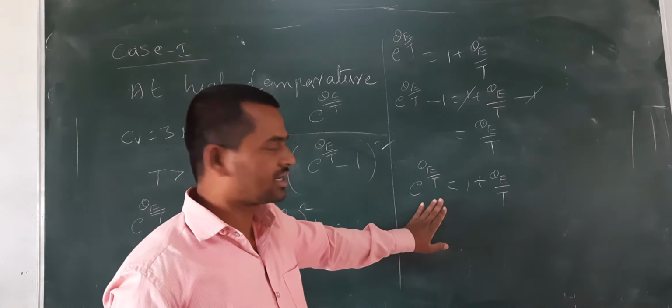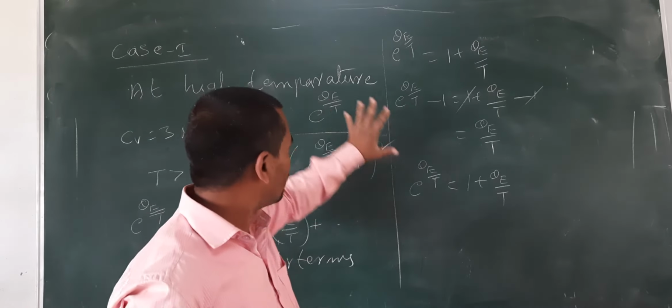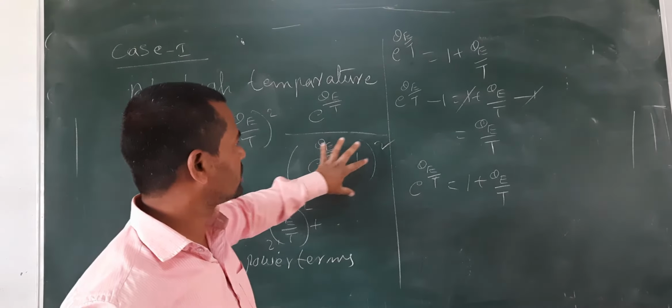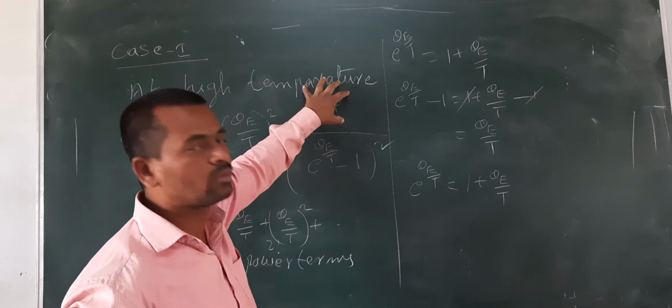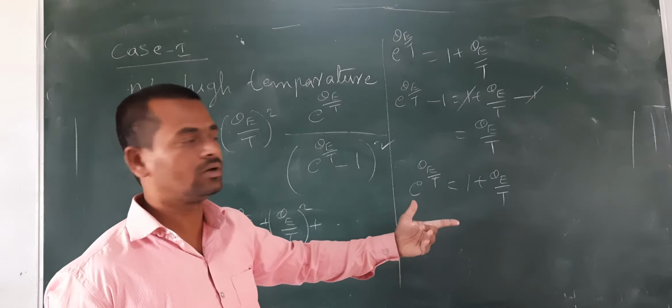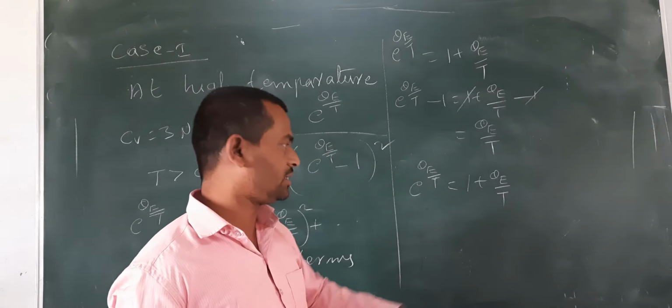Okay, so if you write like this, then I am going to say this one only. Already I have written this term, this value here. So this value you have to substitute here only. Here what we have to do, that is I am going to explain. This term I just now explained.